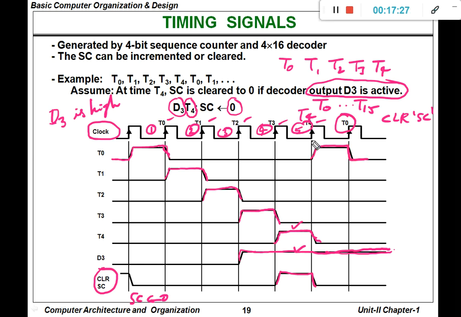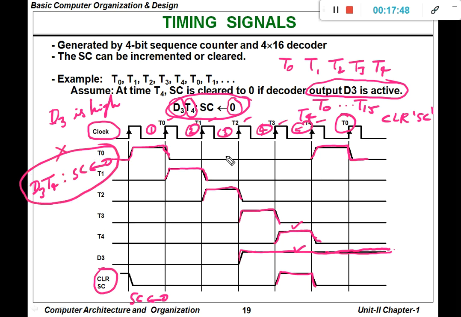Okay. So why did this happen? This happened because we are giving a condition like that. What is that condition? D3, T4. Whenever D3 is high and during T4, make SC assignment 0. If this condition is not there for the control circuit, then after T4, T5 will come, T6, T7 and so on up to T15.